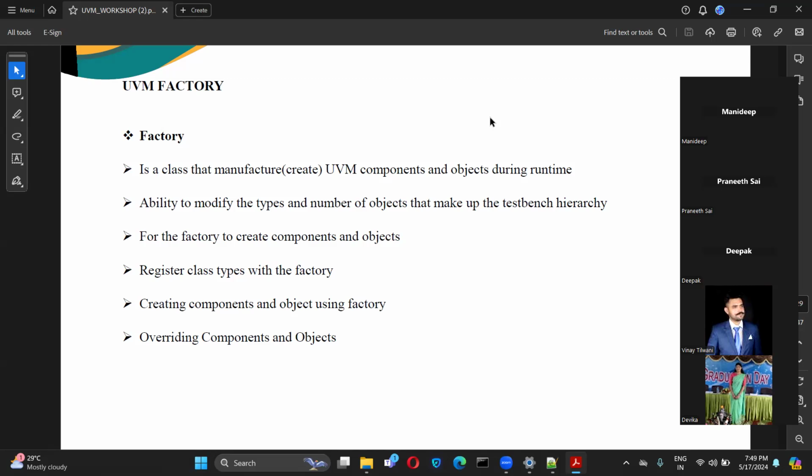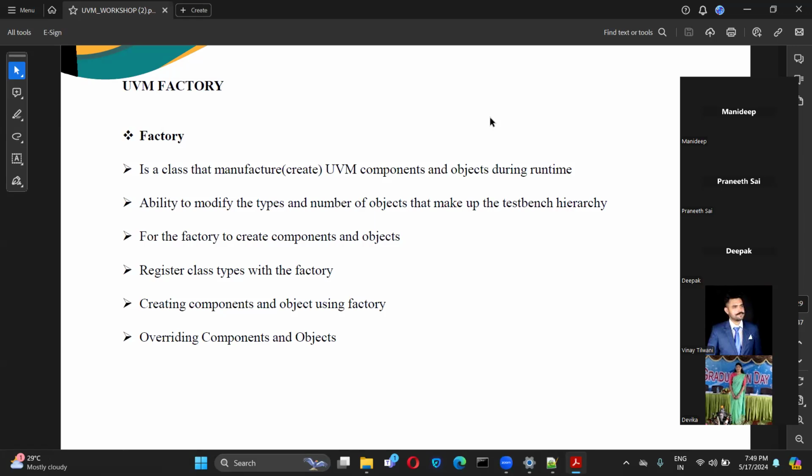And exactly why do we need the factory in the UVM? When we register any component in the factory, it is easy for us to reuse it further. For example, you want to override one of the driver functionalities with some other driver which you have. Without changing everything in the testbed, if it is registered in the UVM factory, we can use the factory override method and just replace this driver with the driver which you want to use. So all these things can happen only if they are registered in the UVM factory.